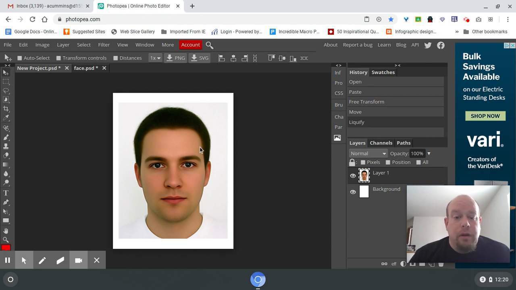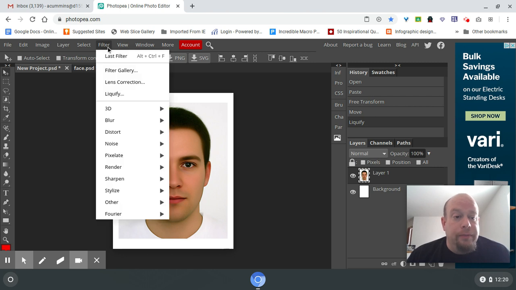Okay, so I am going to talk about the Liquify tool. The Liquify tool basically is similar to what you saw in Photoshop before we had our little computer crisis. So if you go over to Filter, if you go down to Liquify,